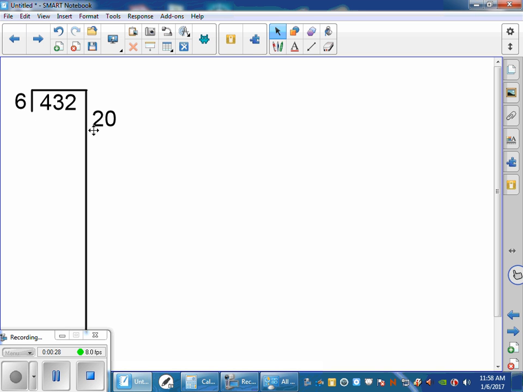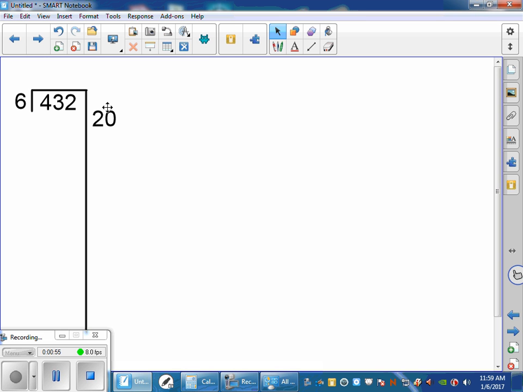could we put into 432. We want a number that wouldn't go over, so we wouldn't say something like 100 6's, because that would be 6 times 100, which would be 600. That would be too many. So we want to take something that we know is going to work. We don't want to start with 1, because that would take forever for us to take out a group of 6 each time. So an example here would be to take out 20, because I know as a student that